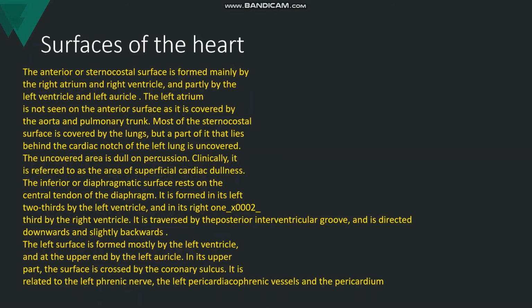So the surfaces of the heart: the anterior or sternocostal surface is formed mainly by the right atrium and the right ventricle, and partly by the left ventricle and left auricle. The left atrium is not seen on the anterior surface as it is covered by the aorta and the pulmonary trunk. Most of the sternocostal surface is covered by the lungs, but a part of it lies behind the cardiac notch of the left lung and is uncovered. The uncovered area is dull on percussion. Clinically, it is referred to as the area of superficial cardiac dullness,